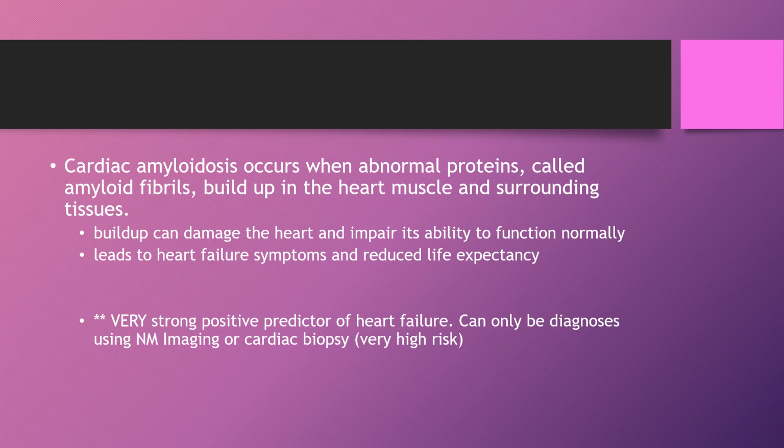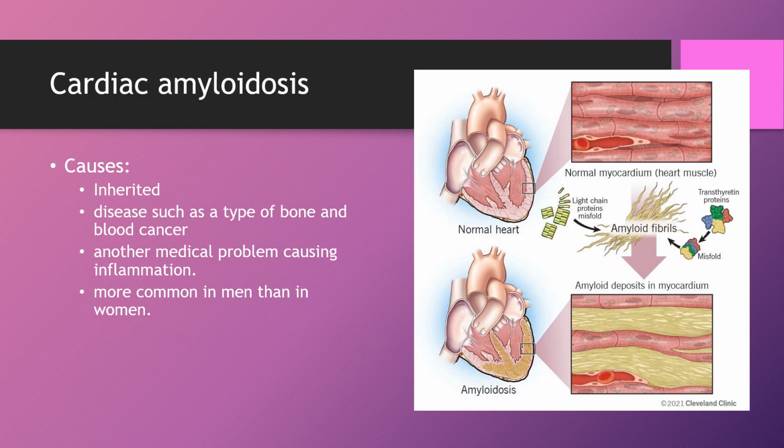There is a very strong positive predictor of heart failure with patients who have cardiac amyloidosis, and it can only be diagnosed using nuclear medicine imaging or a cardiac biopsy. The cardiac biopsies are very high risk procedures, and so the ability to diagnose that with imaging is much better for the patient. So cardiac amyloidosis can be inherited. It can be caused by a disease such as a type of bone and blood cancer, or another medical problem causing inflammation, or it's also more common in men